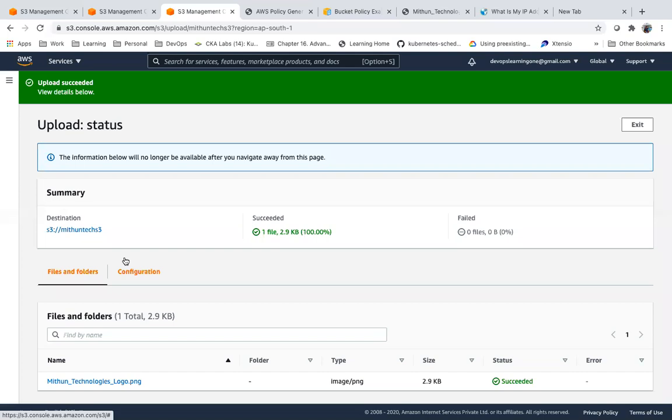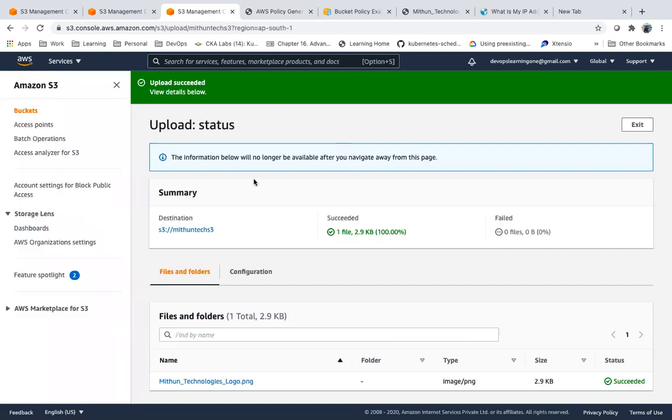All the versions of your objects will be maintained if I enable versioning. So now let me show that.